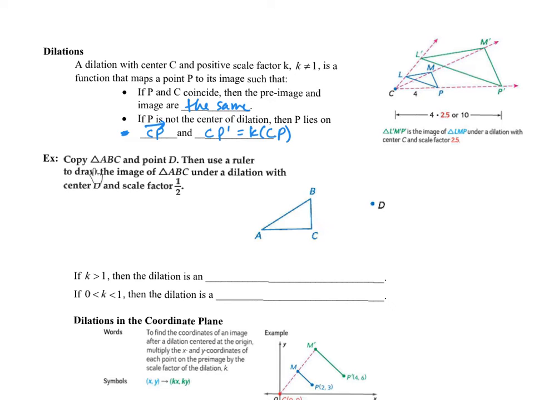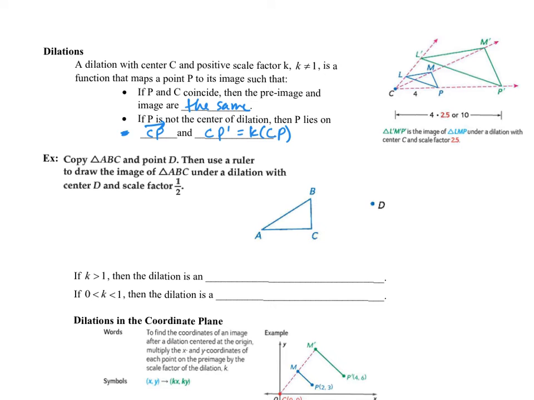So this example says we have triangle ABC and center of rotation D. If you have a ruler, grab one to draw the image of triangle ABC under a dilation with the center D and a scale factor of 1/2. So the first thing you might want to do, if the scale factor is 1/2, that means that the image is going to be closer to the center of rotation. In other words, it's going to be between the center of rotation and the